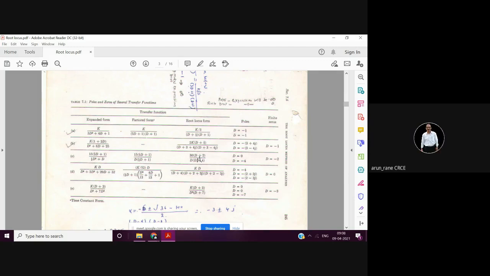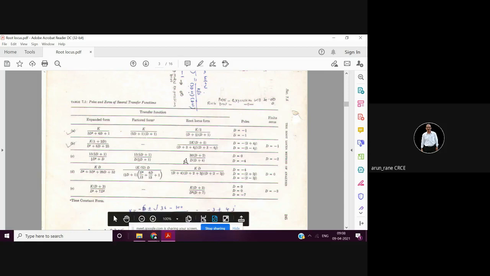Okay, sir. By that time, I think we have to finish this root locus and then Bode plot. So the syllabus is completed. For Bode plot, we will not keep 10 marks or 14 marks questions, but it has to be done on logarithmic or semi-log paper. We will see.